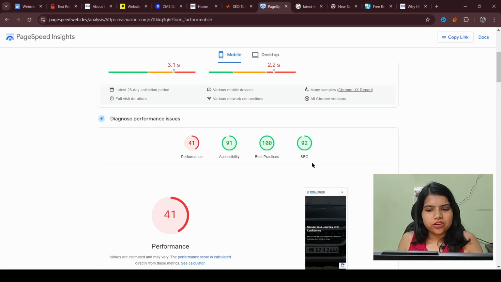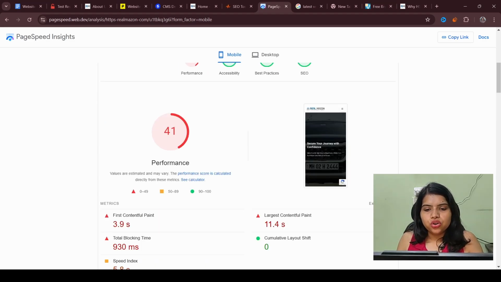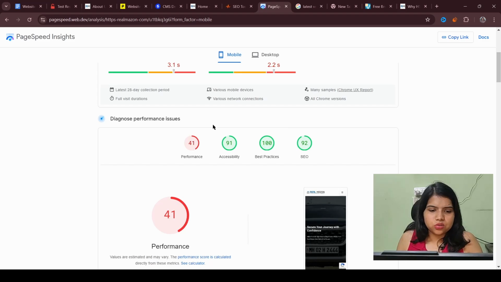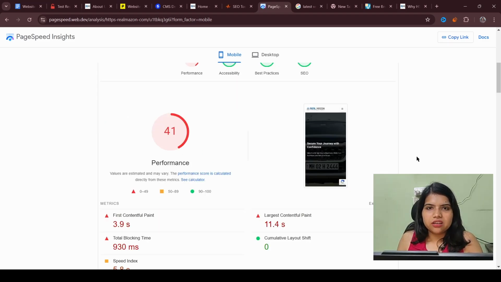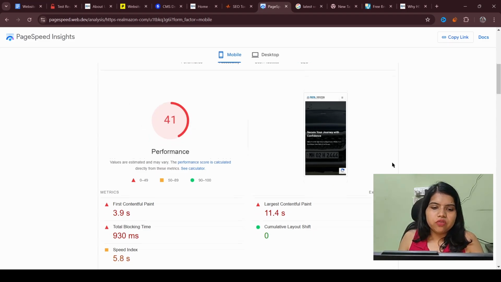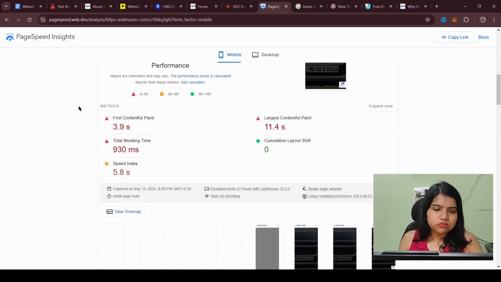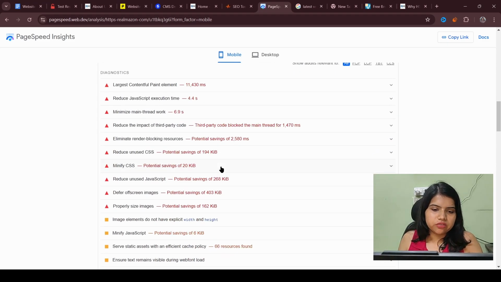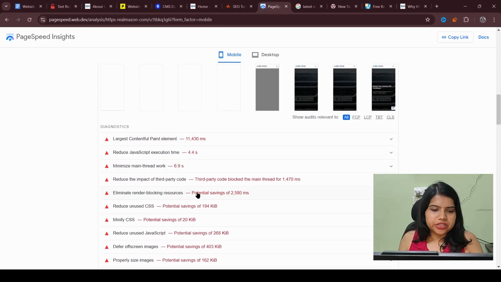You can see that on mobile, though other things are fine, here the SEO is given 92, but when we ran it on a different website, it gave us a different number. Not every website uses the same kind of metrics, so you don't need to put this one into the report because it might give contradictory results. You can only take this as a reference. It's giving 41 as the performance here, and it will also give us some different metrics.